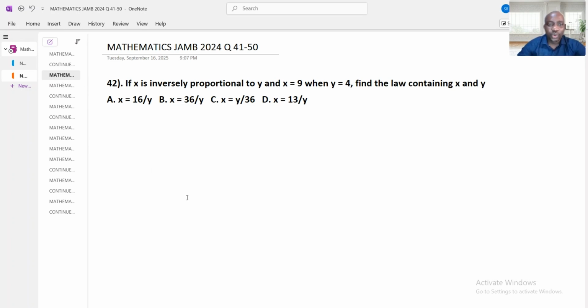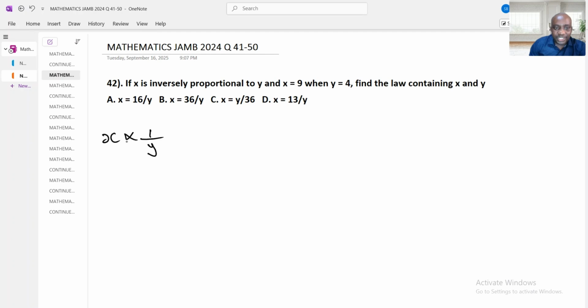Question 42. If S is inversely proportional to Y and S is equal to 9 when Y is equal to 4, find the law containing the X and Y. Now we are going to form the equation that connects the X and Y together. First thing,